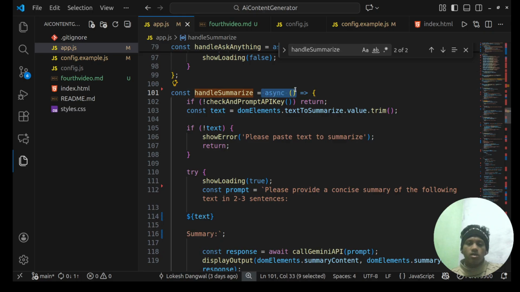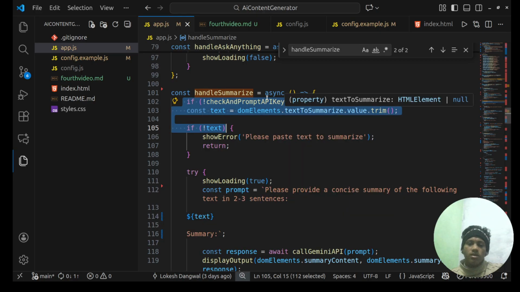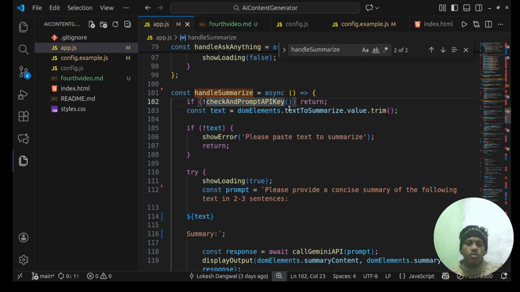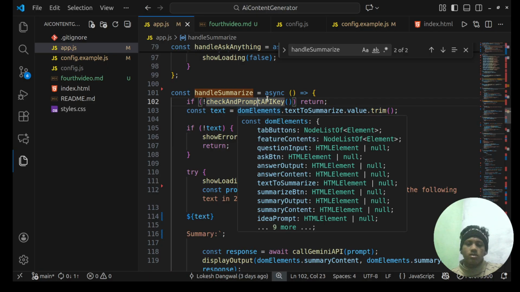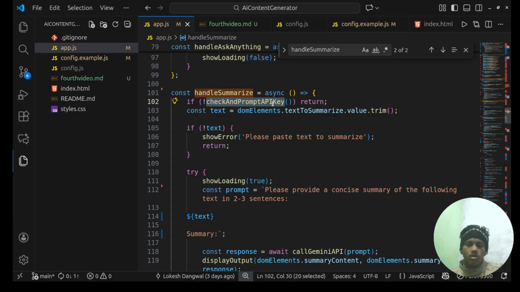We already covered what async and await are. Inside it we check the prompt API key call, which will return a true or false value. We will see it at the top. I will show it one more time.